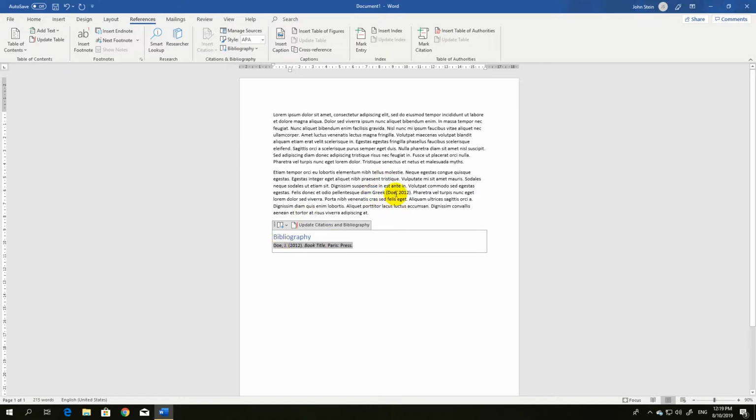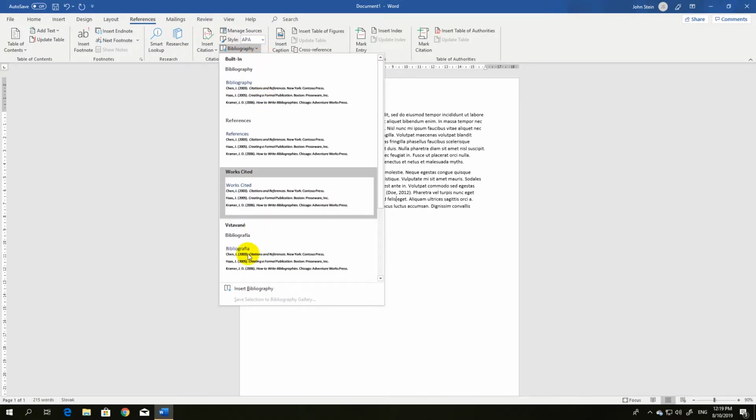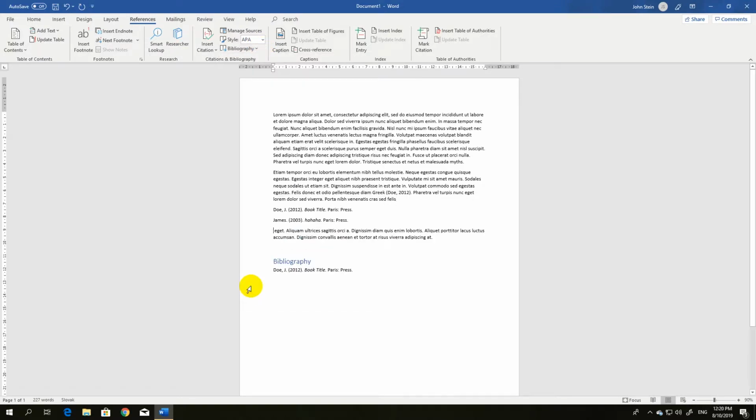As you can see, my bibliography was created and also my previous source I added here, so that one I can remove. And now I have just my resource, John Doe 2012 book title, Paris, and the press which created it, which is here. You can this way update more bibliographies and then always just click on bibliography and update it,